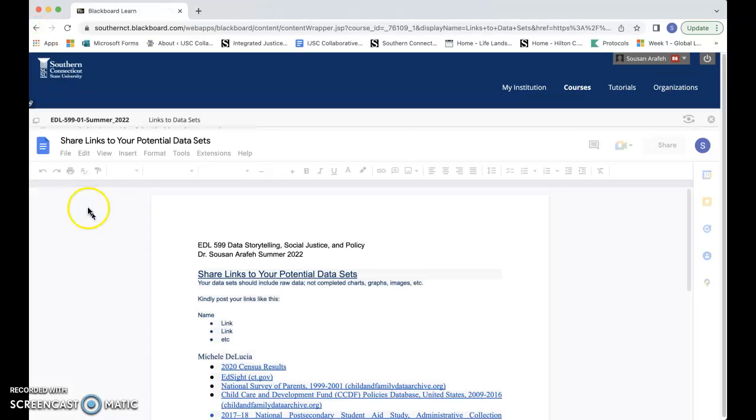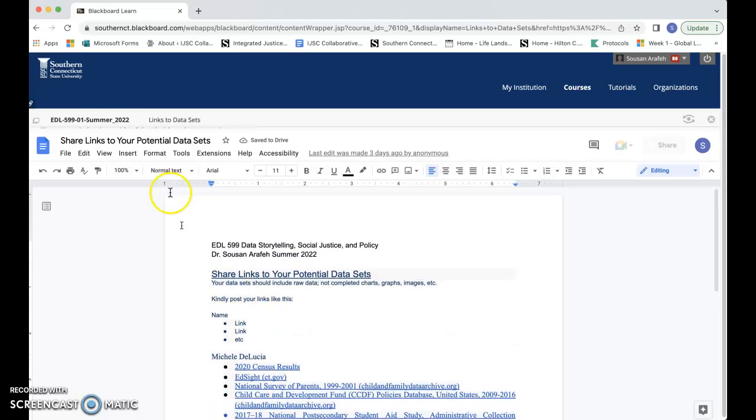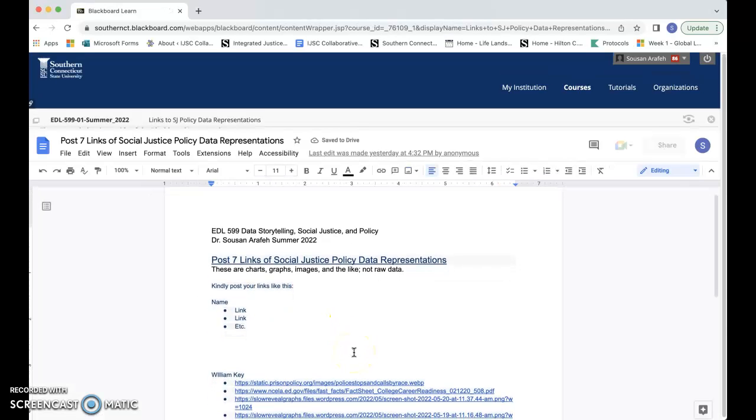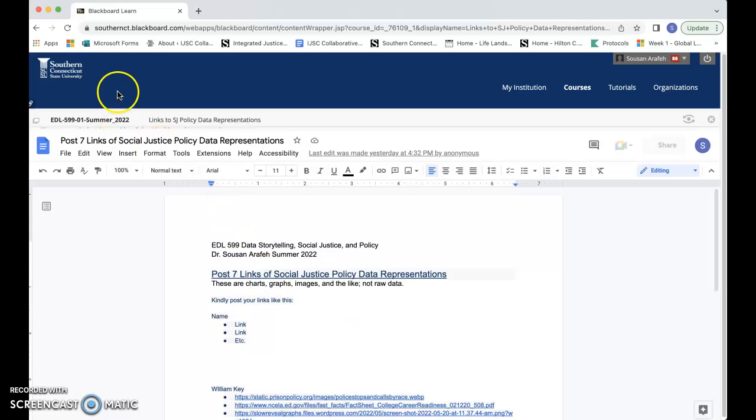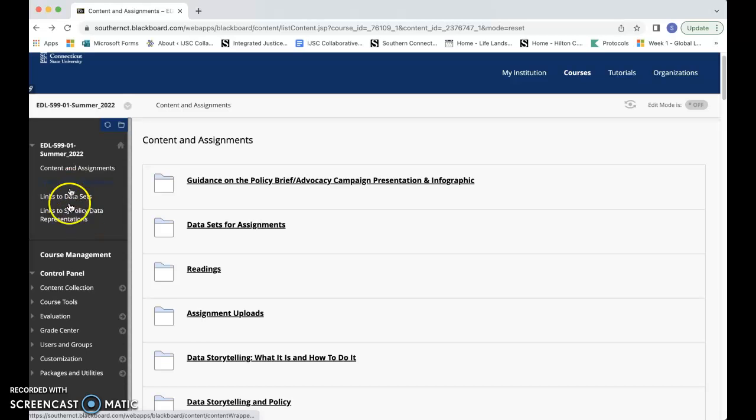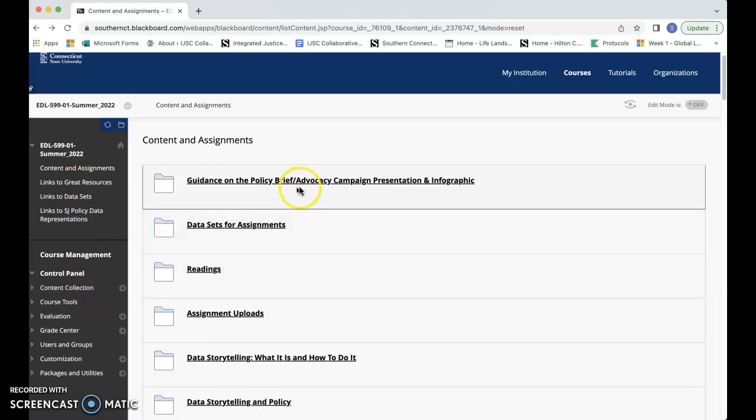This is where you are supposed to be uploading your potential data sets for the assignment for this week. And here is where you are supposed to provide links to policy, justice, data representations, charts, and graphs that you found compelling. So that's that. Here is the guidance on the policy brief advocacy campaign presentation,